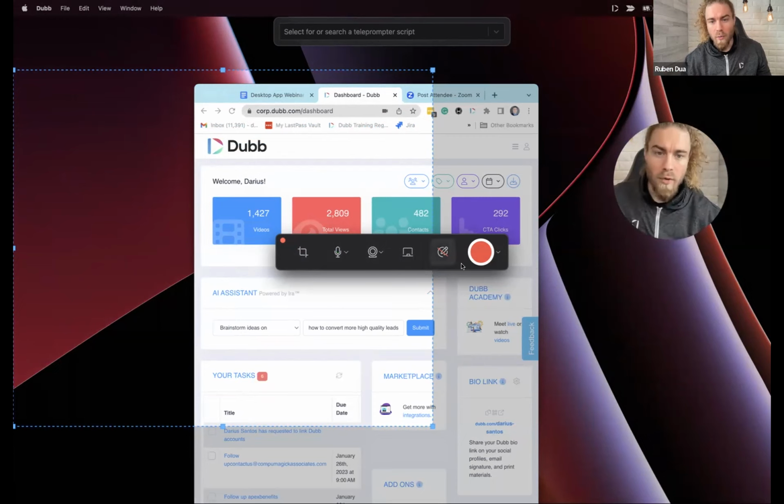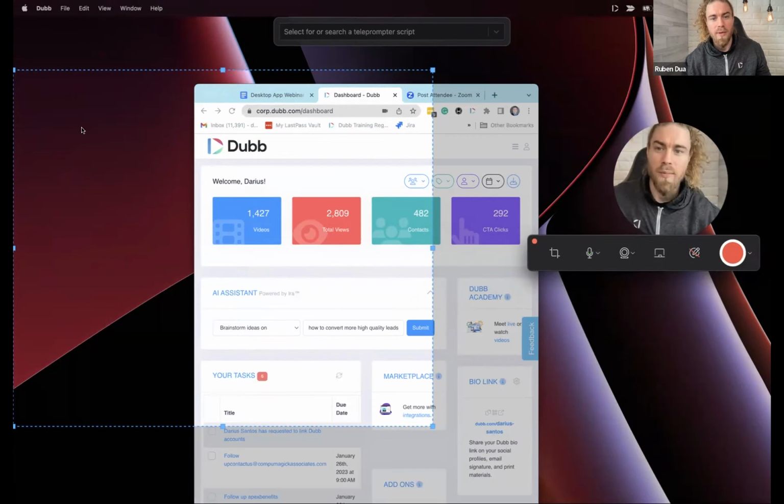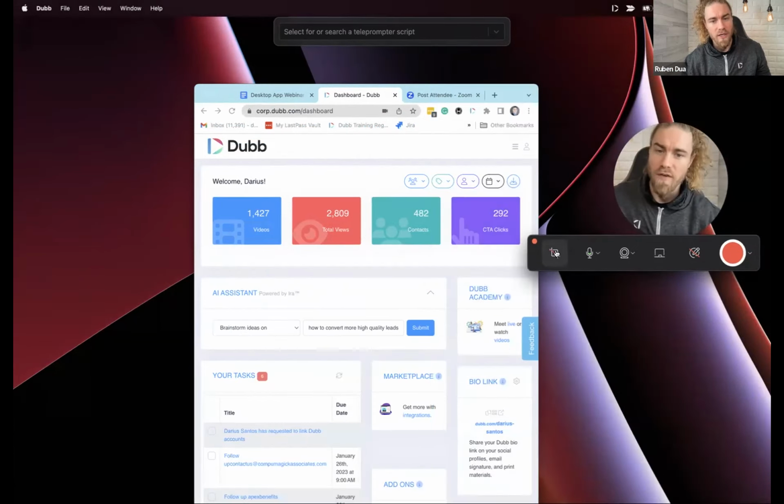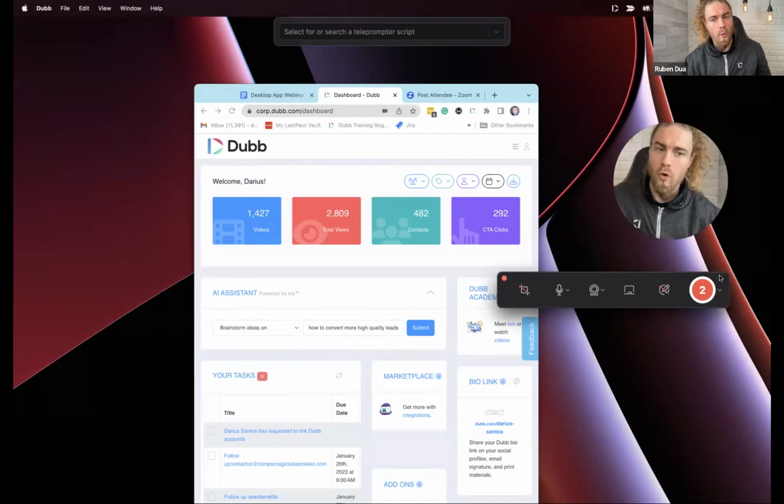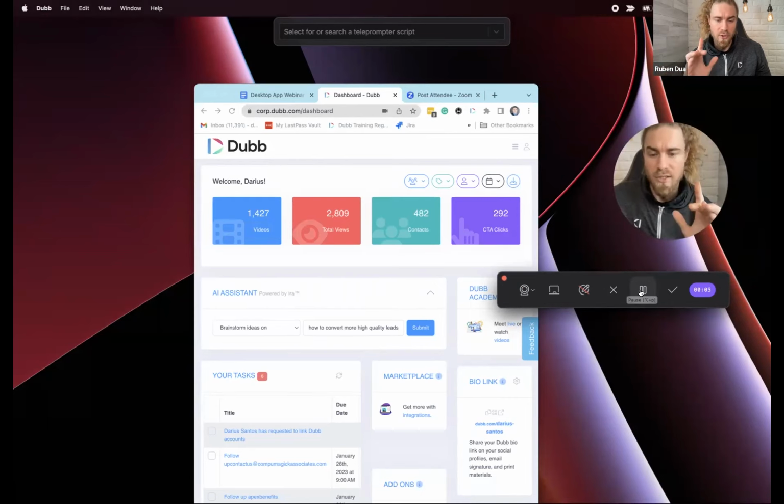So while we're recording, one of the most important things, as Ruben mentioned, is that pause function. So right now you can see I can press record, and in this control bar, that same button is going to change now to a pause function. And what I always recommend is to make sure that that pause is readily accessible for you,